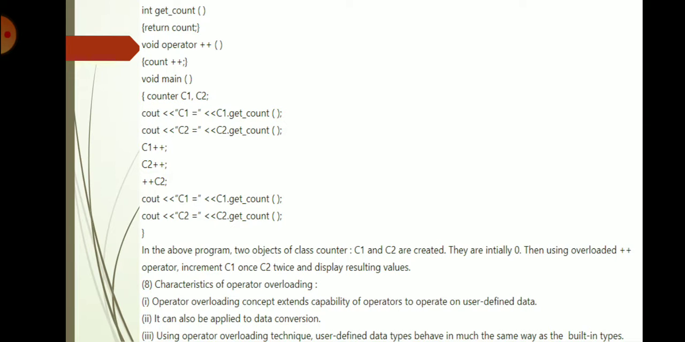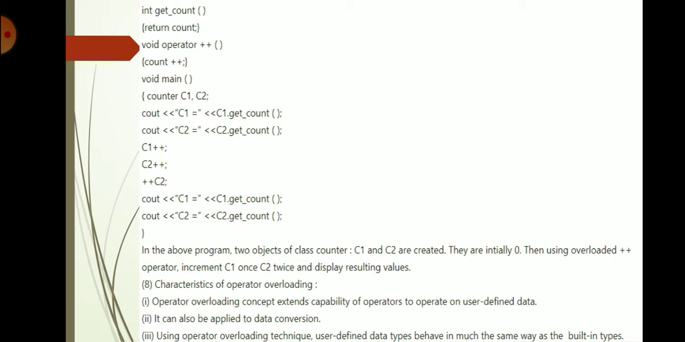return count; } void operator++() { count++; } }; void main() { counter C1, C2; cout << C1 = C1.get_count(); cout << C2 = C2.get_count(); C1++; C2++; C2++; cout << C1 = C1.get_count(); cout << C2 = C2.get_count(); } complete. In the above program, two objects of the class counter,